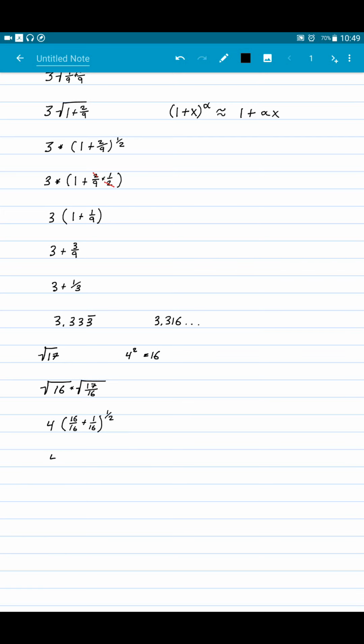So that's 4 times 1 plus 1/32, which is 4 plus 4/32, and that's the same as an eighth, so 4 plus an eighth, which is